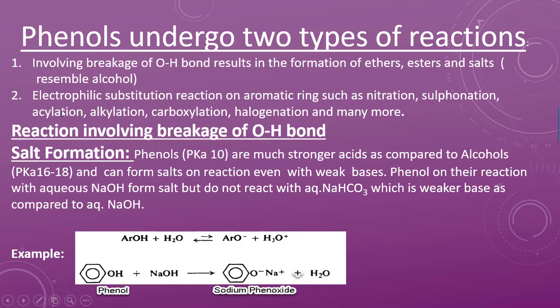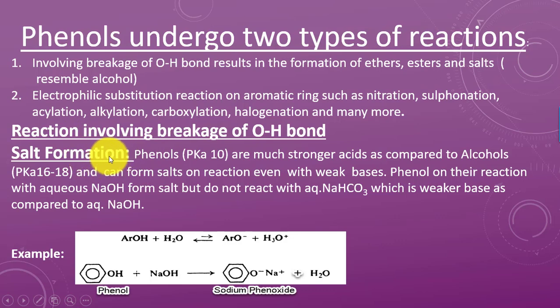And phenols undergo electrophilic substitution reactions on the aromatic ring, such as nitration, sulphonation, acylation, alkylation, carboxylation, and halogenation, and many other reactions take place. One by one, we are going to consider the different types of reactions that phenol undergoes. The first one is the reaction involving the breakage of the O–H bond, and in that case we are going to consider